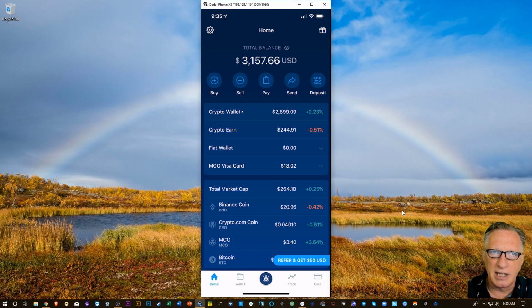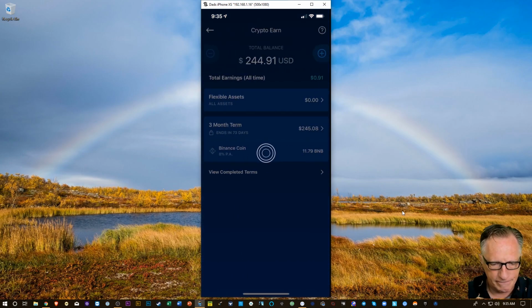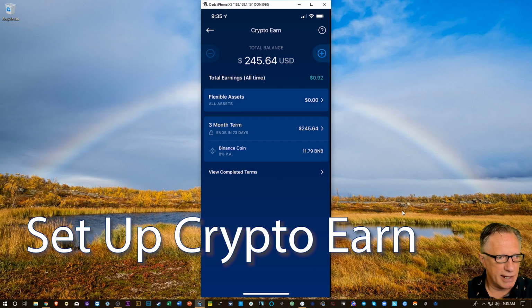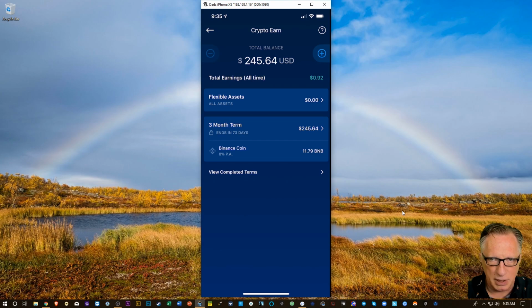Now this is where we can deposit our holdings and earn up to 8% interest. So I'll tap Crypto Earn here. And you can see that I already have some holdings in there, and they're earning interest for me. I have a little bit of BNB in there, but I'm going to focus on Bitcoin today. I'm going to show you how you can deposit Bitcoin and earn up to 8% interest. So let's take a look. When we hit the plus up here,